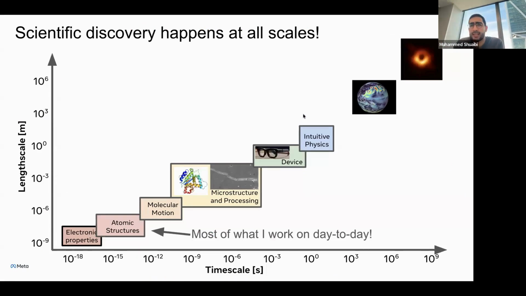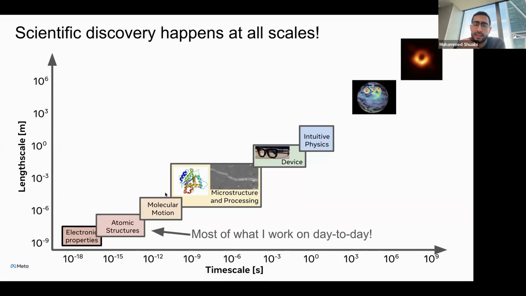And lastly, there's the axis of scale. Science discoveries happen at various scales. At the very large scale, we're talking about weather forecasting. Do you guys see my cursor? Okay, at the far right, you have things like weather forecasting, astrophysics. These things are significantly large. Science there happens over maybe hours, days, not necessarily milliseconds.